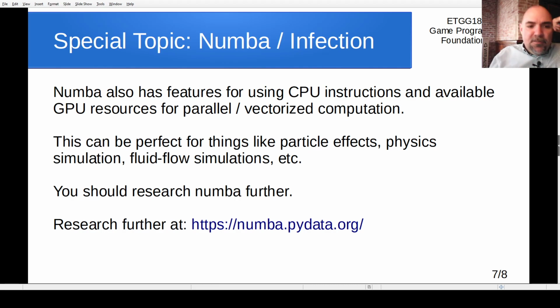So all of that is kind of built into there. So I'd recommend looking at that, researching it further. But if you're doing something like particle effects in your game, or some sort of physics simulation, fluid flow simulations, things that involve numerical computations on large data sets, Numba can make that stuff a whole lot faster, and really blazingly fast. I would suggest researching that further. There's numba.pydata.org. But before we do that, let's go back to our code